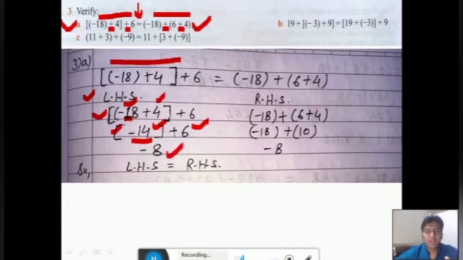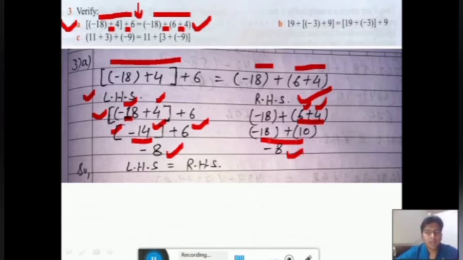Now from the right hand side, see the numbers minus 18, and here is the grouping of 6 and 4. Now take the RHS part. Minus 18 we will write as it is. Now add 6 and 4. So 6 and 4 both have the same sign. 6 has the sign of plus and 4 also has the sign of plus. So 6 plus 4 will result 10. Now see, minus 18 and 10. So minus 18 plus 10 will result what? Minus 8. Why minus 8?